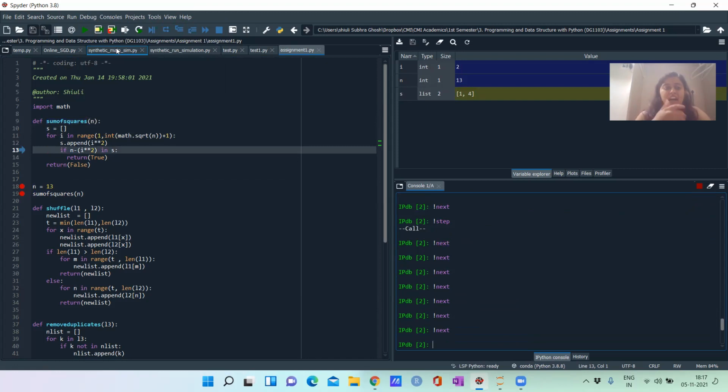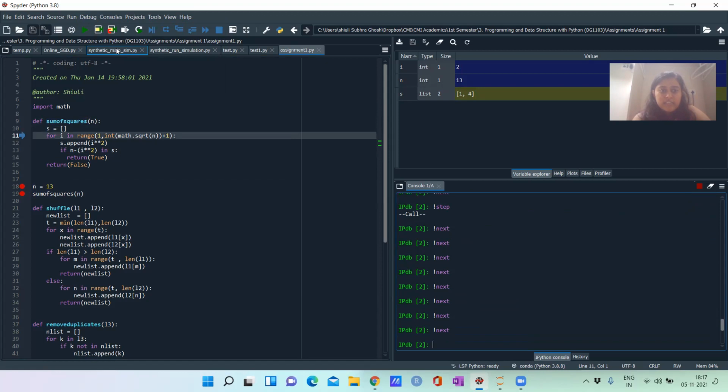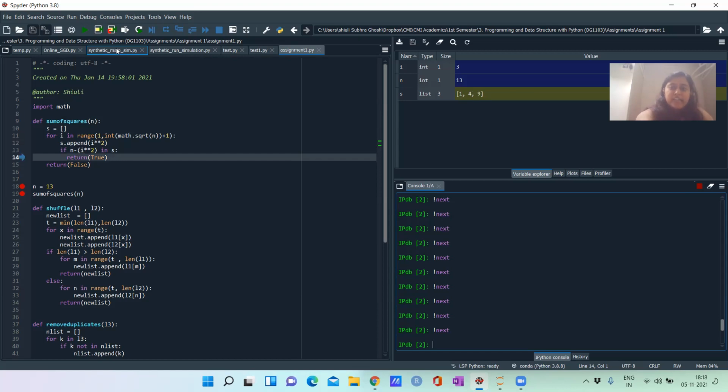Okay, again, if you subtract 4 from 13, it is becoming 9. So 9 is not in the list. Then it iterates to 3, so then it is coming 9, which is now in the list. Definitely 13 minus 9 is 4, that is already in the list.